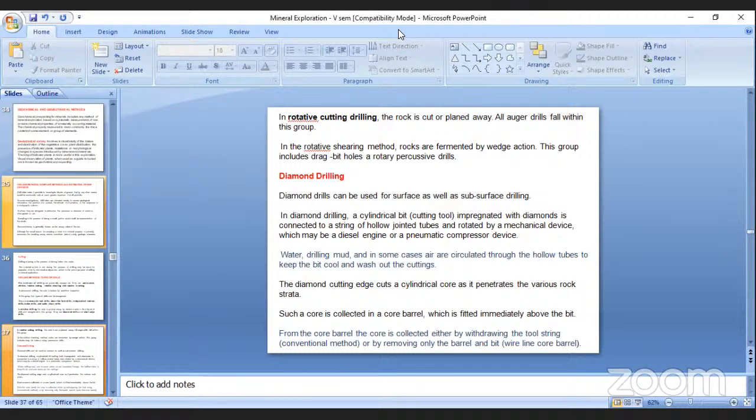And this group includes drag bit holes, rotary holes, and it contains drag bit holes and rotary percussive drills. Again, we go into the